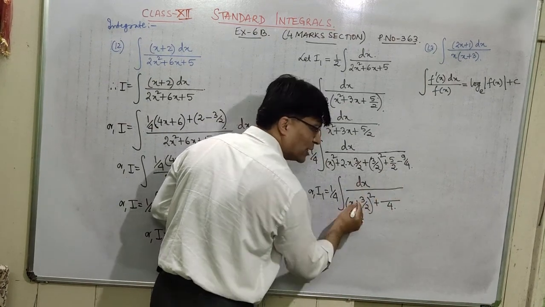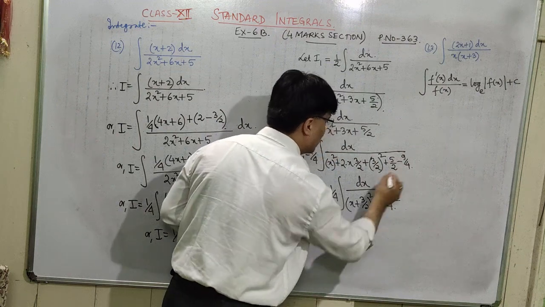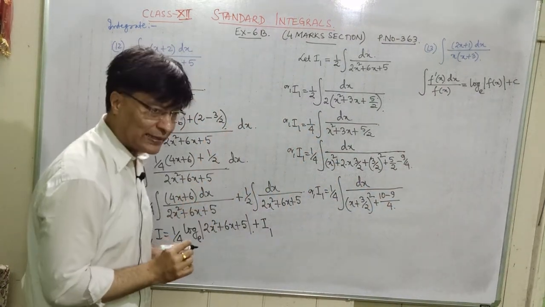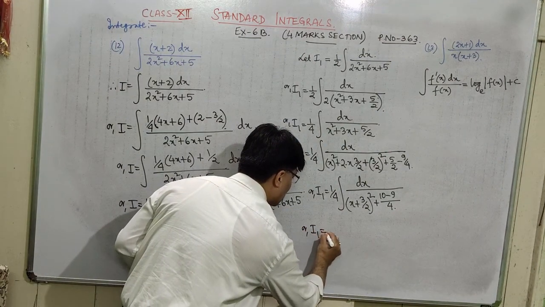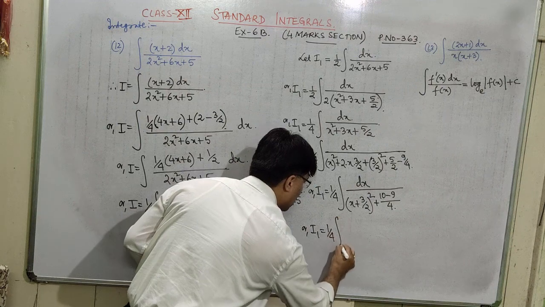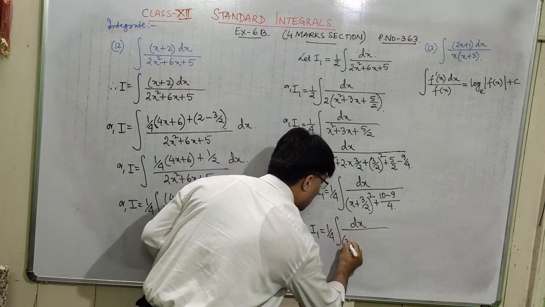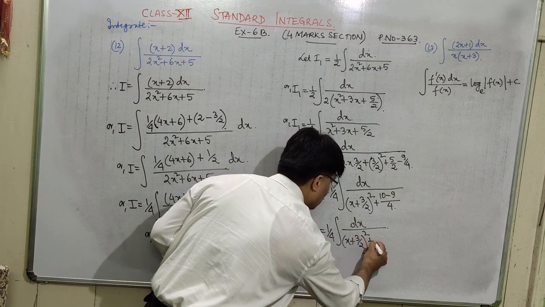This 4 is divided by 2, that is 2. 5 2s are 10. And this is minus 9. 4 divided by 4 is 1. 1 into 9 is 9. Okay? So I1 is equal to 1/4 integral sign dx divided by x plus 3 by 2 whole square plus